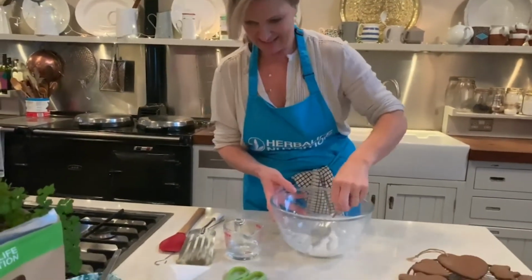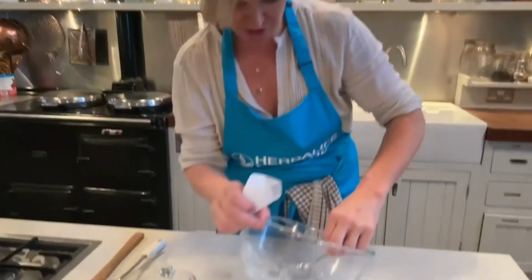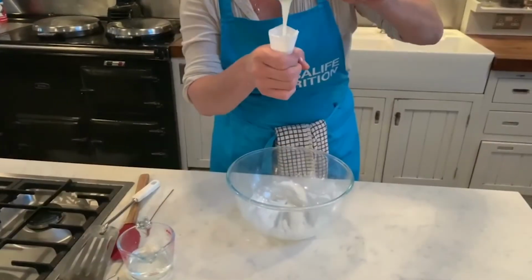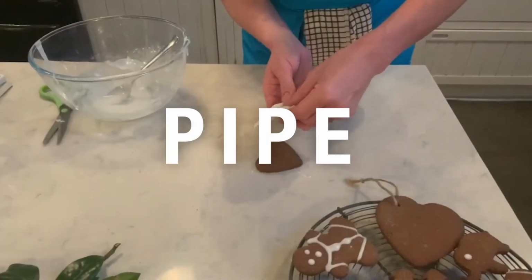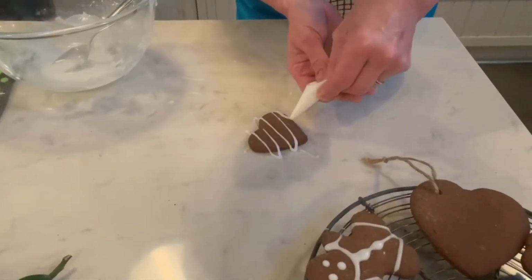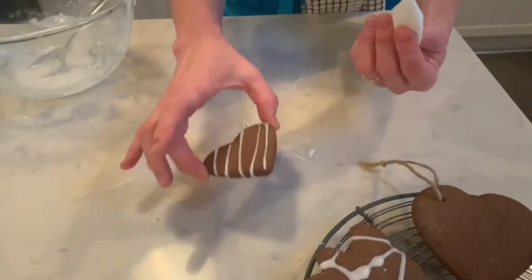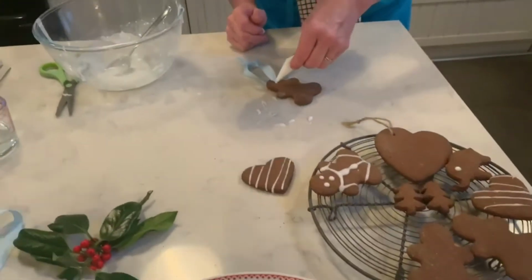Okay, so then spoon the icing into a little paper piping bag that you've made. If the paper piping bag has not been working for you, then you can just get a little plastic bag and cut a tiny corner out of the bottom of it once you have the icing in. So fill up the paper piping bag. So you can just make little designs like that, or let's take a little gingerbread man and give him